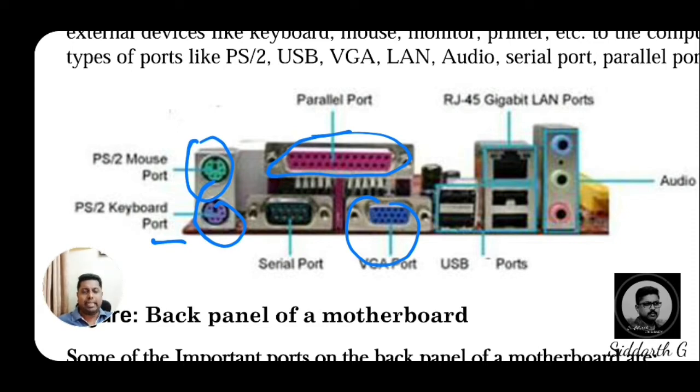Then after the serial and parallel pins, now if you are coming to one more very important and nowadays most commonly used port, that is the USB port, universal serial bus port. So this is the USB port. Here you are able to see just two ports, but in your motherboard you will get nearly 4 to 6 ports on the back panel or front panel.